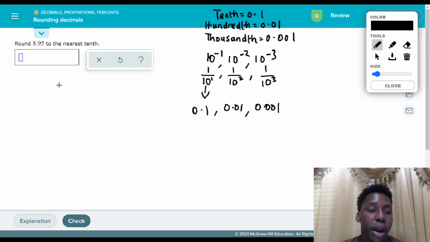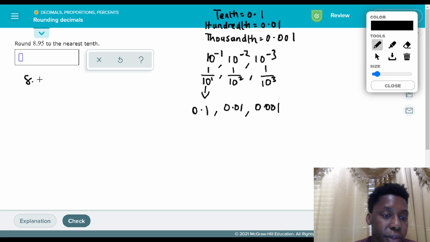All right, so let's look at this question. We're asked to round 8.95 to the nearest tenth. One general rule about rounding is that for the number you're being asked to round, you have to look at the number that comes after it. So in this case, we have to be looking at 5. We ask ourselves, is that number greater than or equal to 5? If it is, we have to add 1 to the